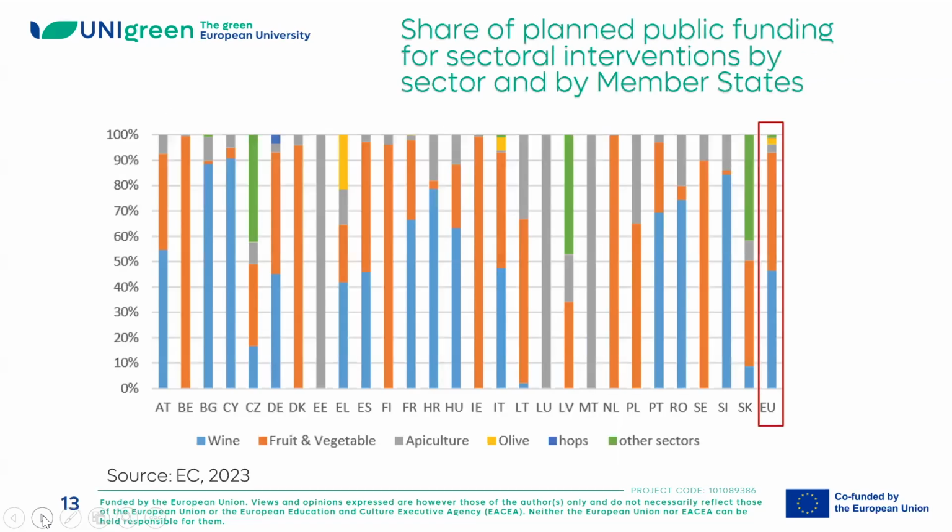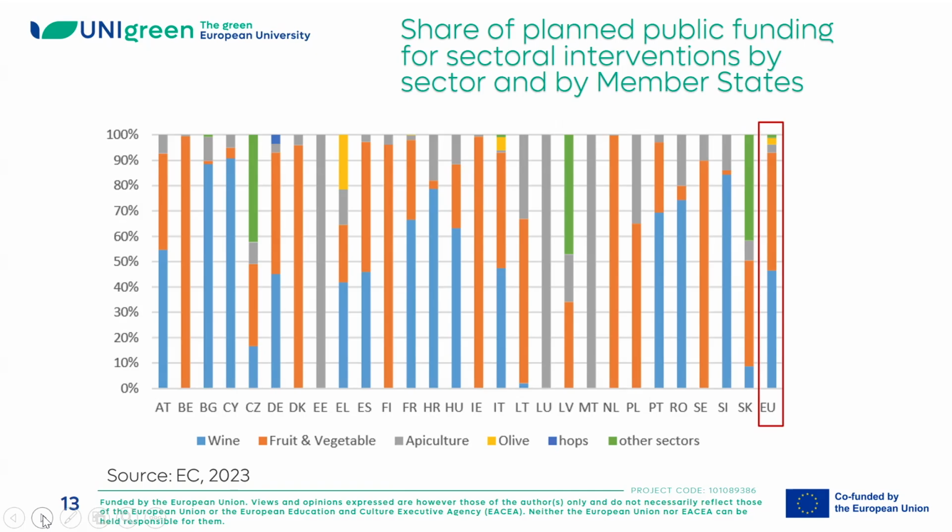What about the sectoral interventions? Sectoral support interventions represent 4.5% of the total planned expenditure in the CAP. They take the form of reimbursement of eligible cost, unit cost, lump sums, flat rate financing. The figure shows the distribution for sectoral interventions. Wine, fruits and vegetables represent the highest share of funding for this intervention. Apiculture, olives, hops and others represent a smaller